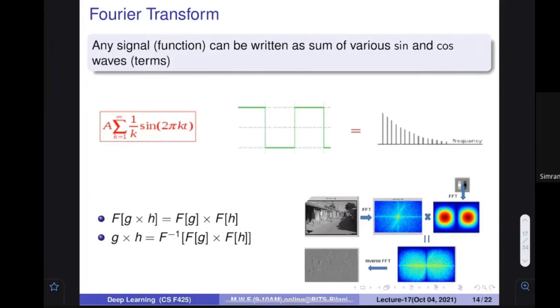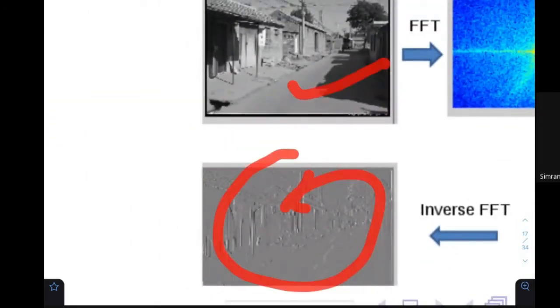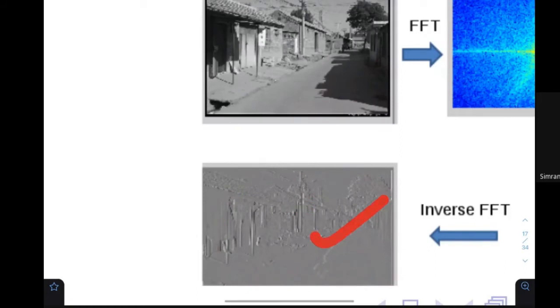For example, just consider that this is an image, the original image. You find out what the Fourier transform is, and you come up with some kind of filters. What is a filter? We will talk about that later. So let's assume that you have a filter. The filter also has a Fourier transform. You can multiply in the frequency domain, find out the changes, and then find the inverse of that particular signal, and you can get another representation of the same thing. So this is an image, and this is another representation of the same thing.